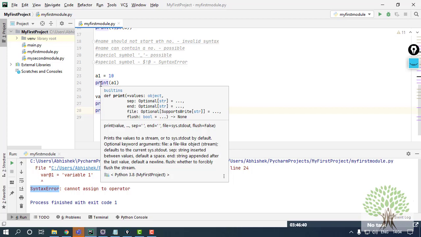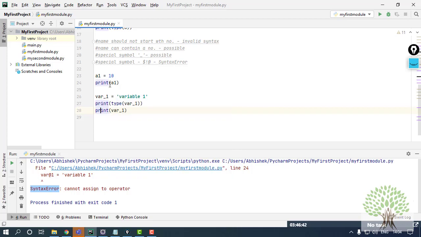This is the function of this print command. The same way I have other keywords, whichever keywords we are using, like in decision making statements we use if, else, elif. Then for looping I have for, while, and for exception handling I have try, except, finally.